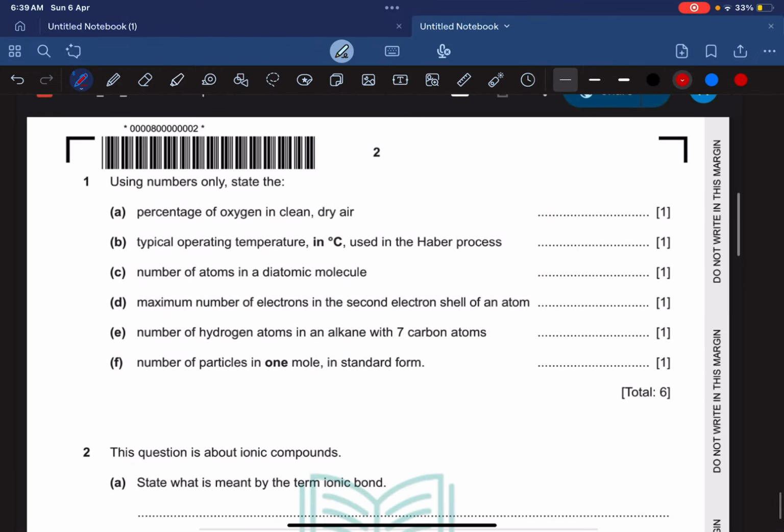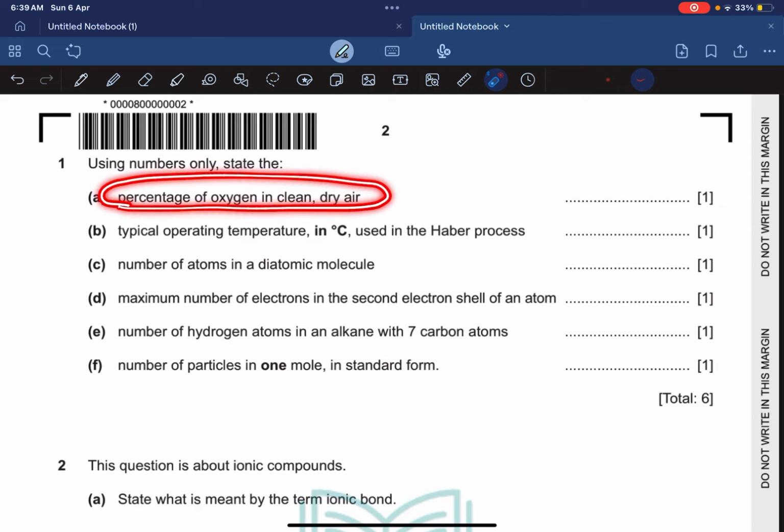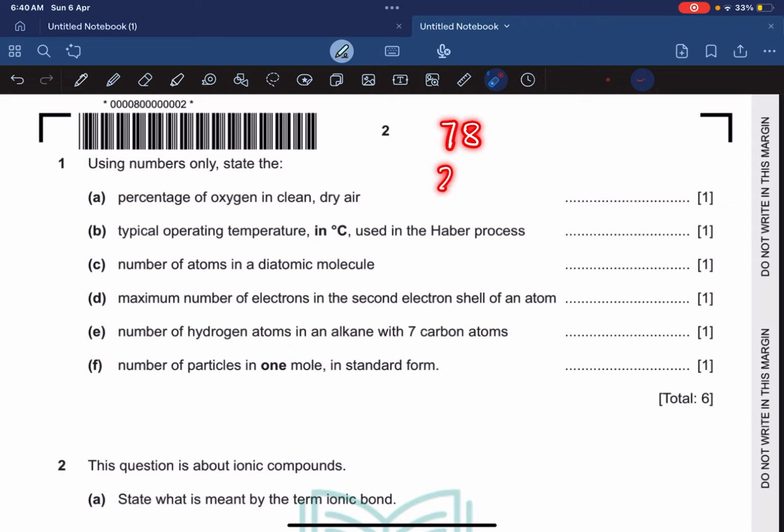So let's get started. Reading question number 1: using numbers only, state the percentage of oxygen in clean dry air. You should learn the percentage composition of all gases in air. Nitrogen is 78%, oxygen is 21%, carbon dioxide is 0.04%. Just learn these, they are very important. So for oxygen, it's going to be